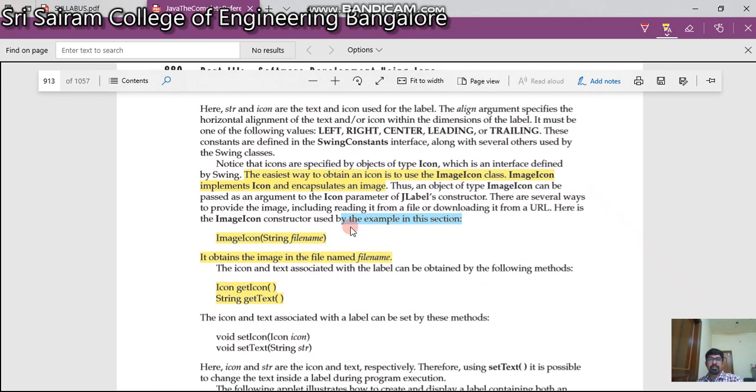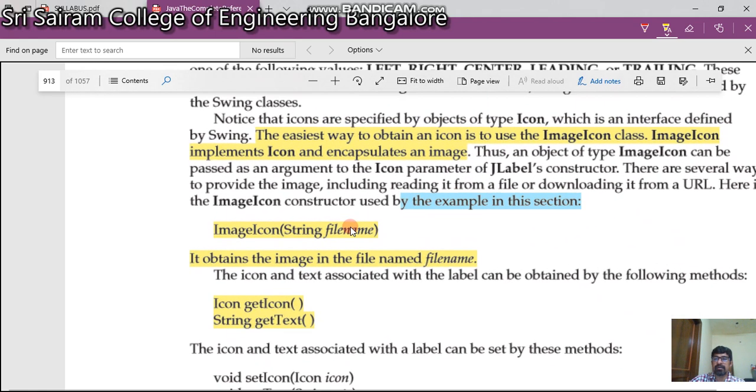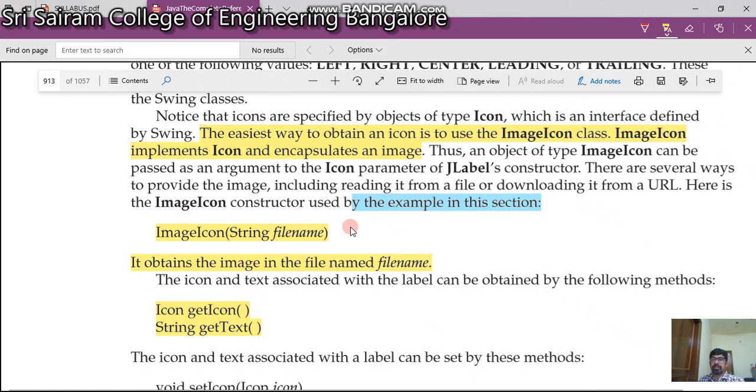As I told you, the next one is ImageIcon. ImageIcon takes a form like this: in brackets you can give a string file name. Sometimes you need to take an image from your source, so this is the format we give.